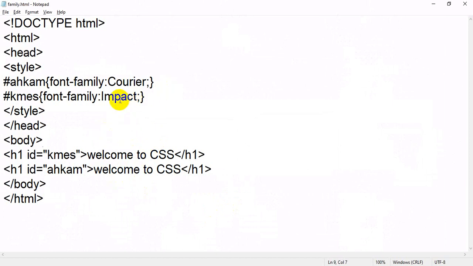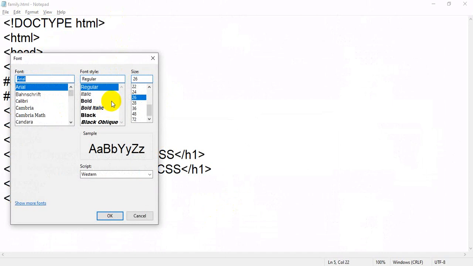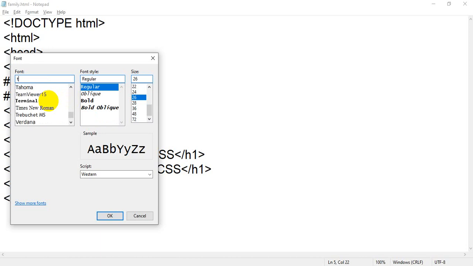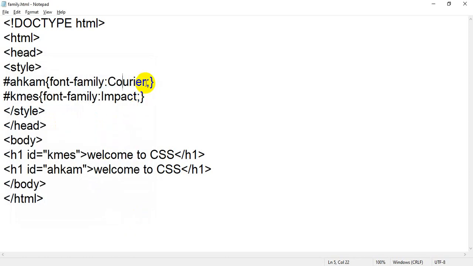Instead of Impact, I am going to change the thing. Instead of Courier, I will take Times New Roman. So again I will go and add in the font. I will search for Times, where is this one, Times New Roman. Okay, so I will copy it, cancel, and here I will add Times New Roman.